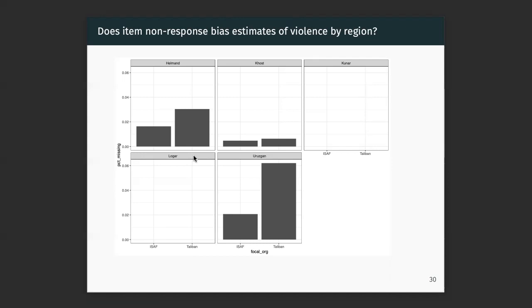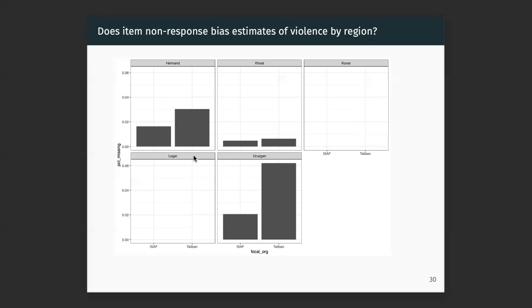It appears that non-response is a function of place, that respondents in certain regions are more likely to answer the question than they are in other places. And if there are systematic differences in who lives here or what's going on here and here compared to here and here, our inferences will be biased. Right? So this is the kind of